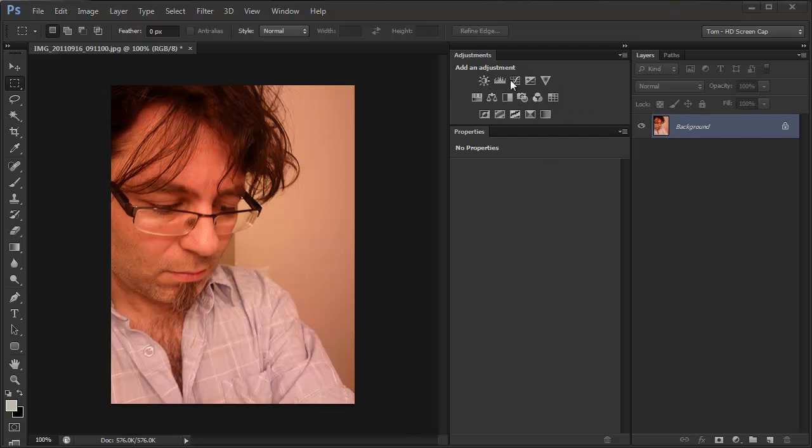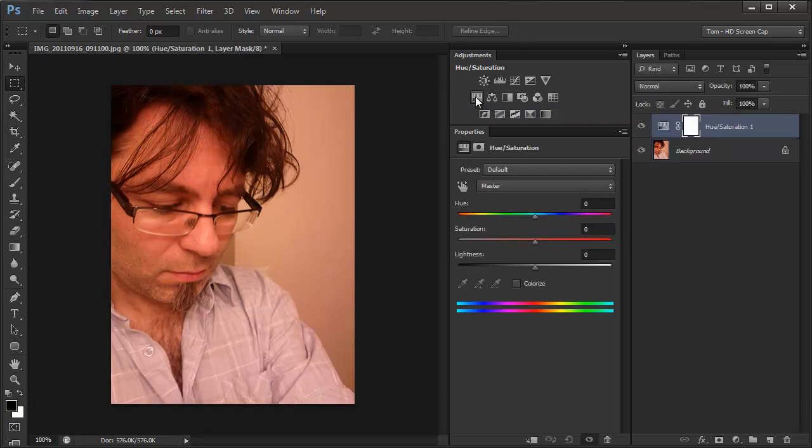So if you look at our adjustment, we've got a background image here, and we're going to open up the Adjustment Layers palette, Window, Adjustments, and look for the Hue Saturation adjustment. That's this one right here, so click on that. In Photoshop CS6 we now have to have the Properties palette open as well in order to see that. So with this dialog box you can desaturate the image